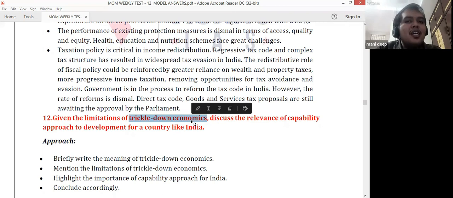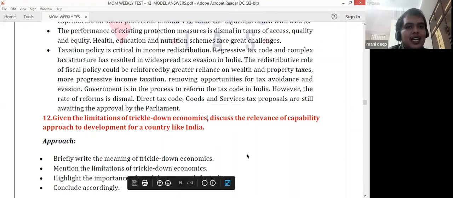And in the conclusion, you can write the capability approach issues. For example, there is a prevalent poverty gap in India. So the capability approach is not targeted at everyone, like it is a one blanket approach. And you can also write that the social infrastructure in India is very poor. These are the things that we should focus upon in the issues regarding the capability approach.